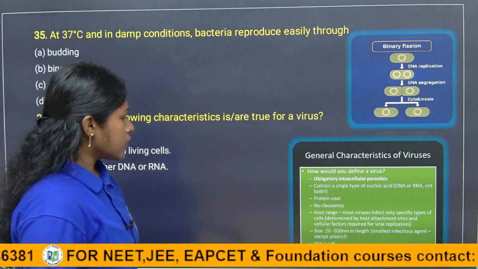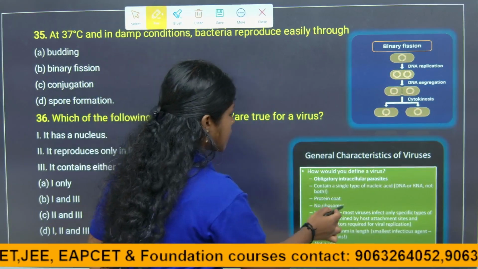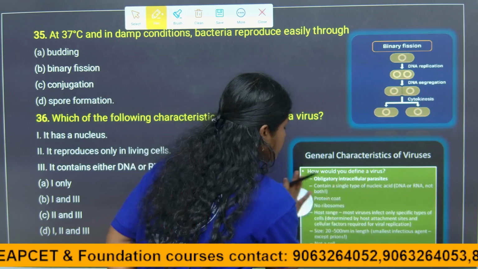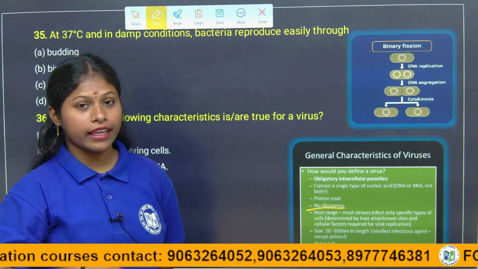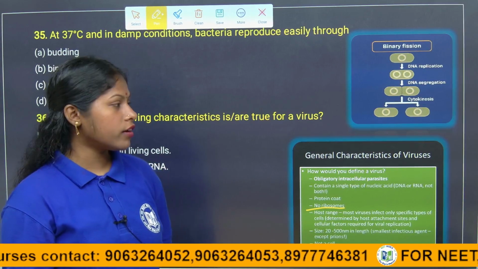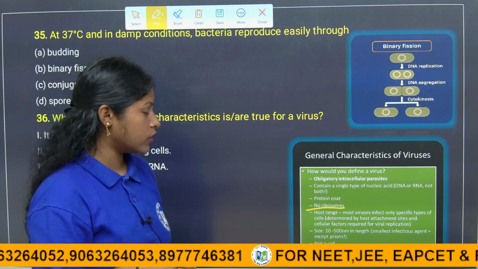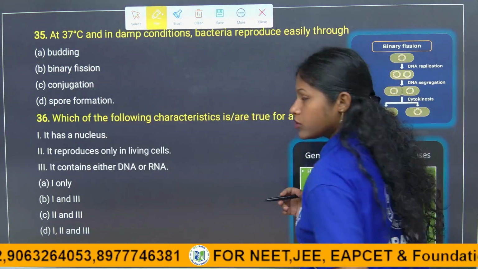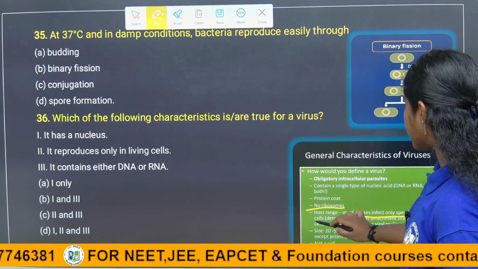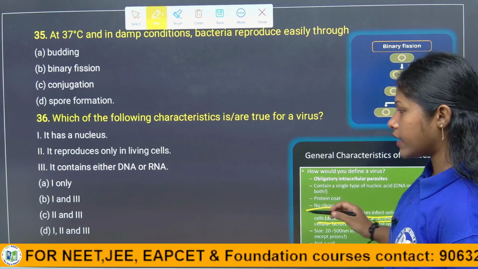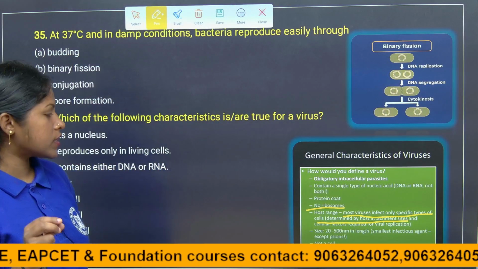So here, there are no ribosomes. The importance of the ribosomes is protein synthesis. That is why, in the absence of the host, they cannot reproduce themselves. They exhibit the traits of non-living things. Traits mean characters, children. Host range: most viruses infect only specific types of cells, determined by the host sites. Some viruses mainly affect only some types of cells.